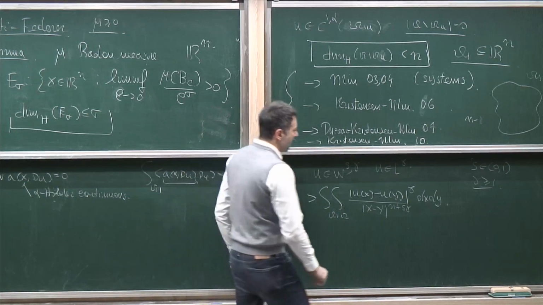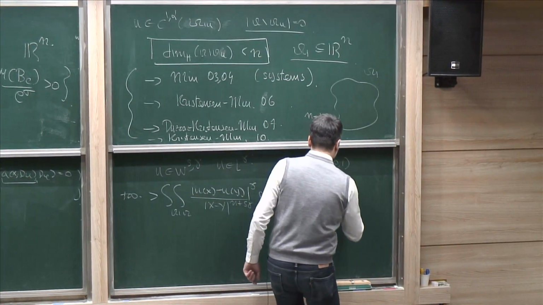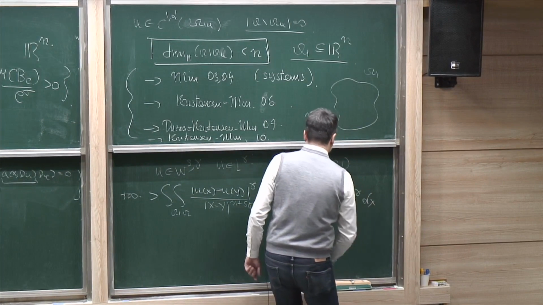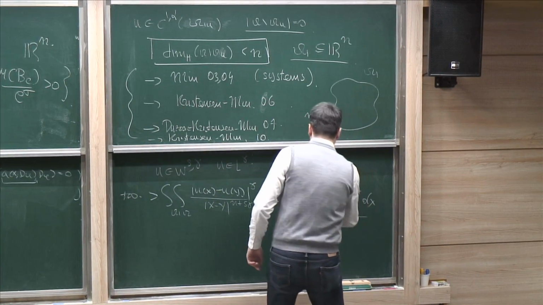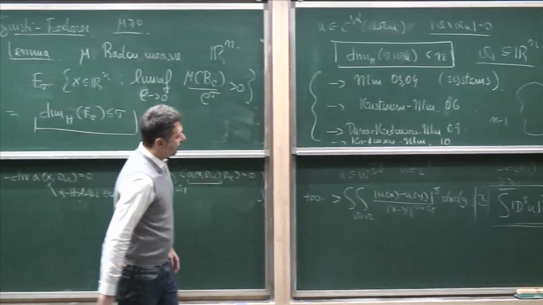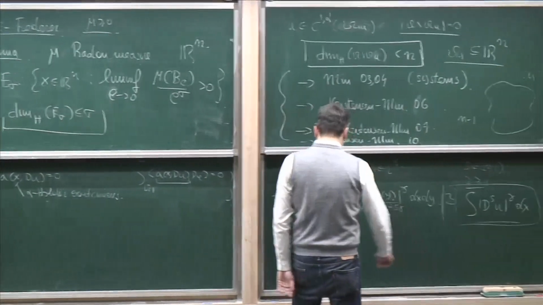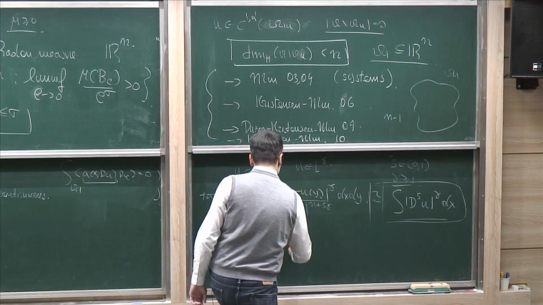So these objects should be intended as something like this. But of course, this is just fantasy. So it's a bad thought. Okay, so we call this guy the Gagliardo seminorm,